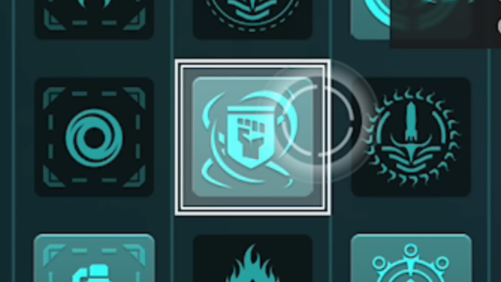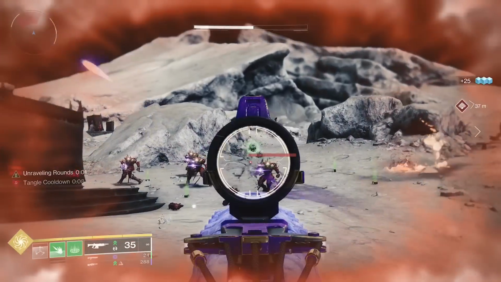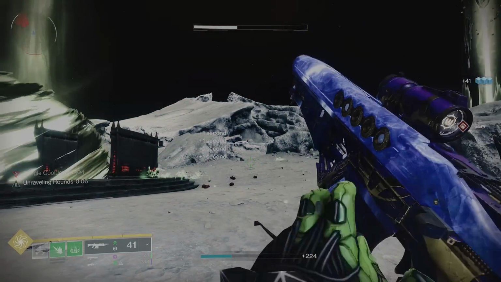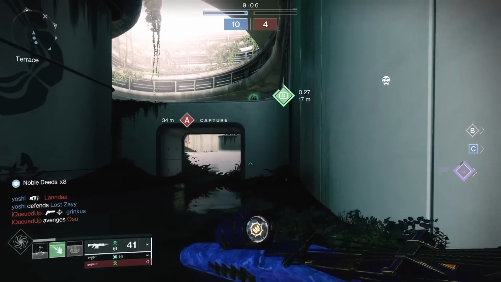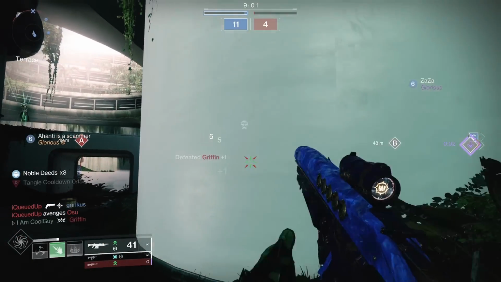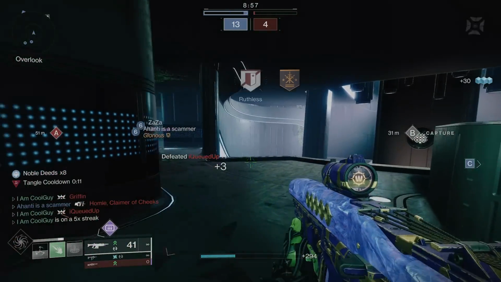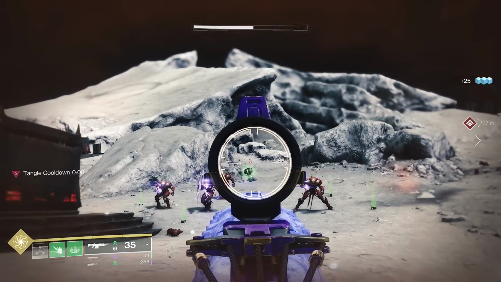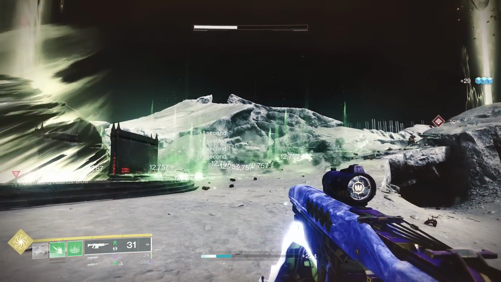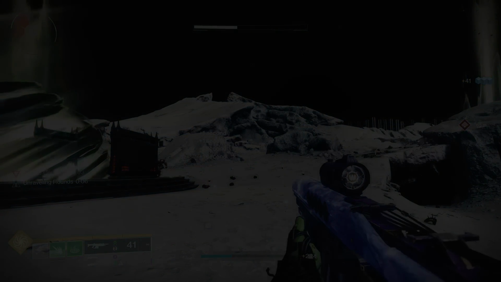And here's what that means. Two for one. Triple down. You must have a strand weapon. No kinetic, no arc, no solar, no void, you get it. Has to be strand. With this artifact mod, when you hit the tangle with the strand weapon, the tangle will